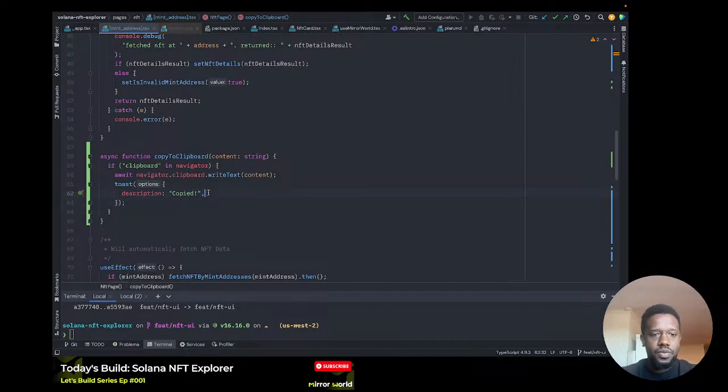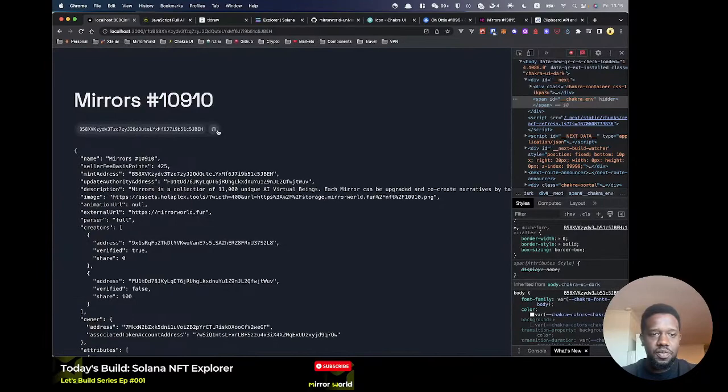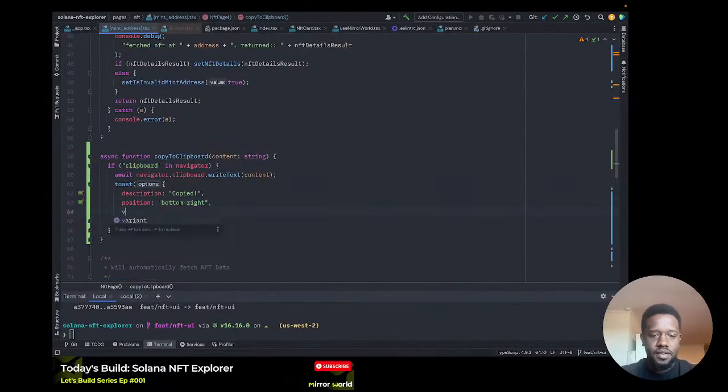Right, and we'll position this at the top. Let's do bottom left, bottom right. I don't know. We're trying to be different. Ah, nice. Awesome. Maybe a green, perhaps. Status would be success,